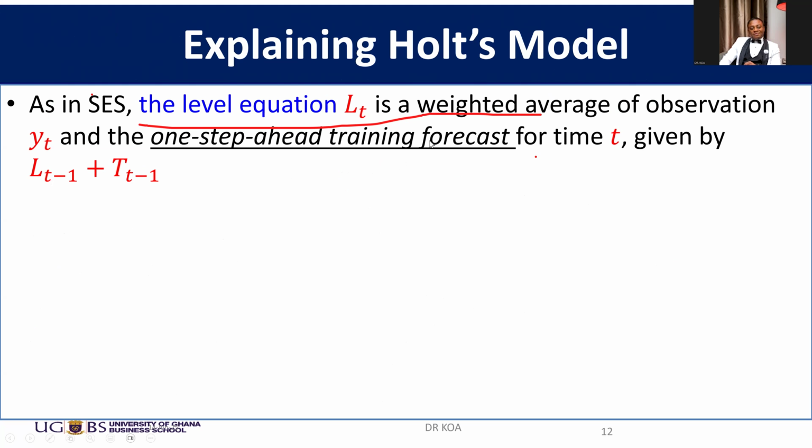So that one step ahead means that you ignore the first one and start with what? Which period? Period 2. Exactly. So that one step ahead forecast is given by this. It is a training forecast. So in other words, it doesn't necessarily mean that you are ignoring period 1. It depends on which period you want to look at. So let's say that you want to start from period 3. Then it means that your one step ahead forecast,